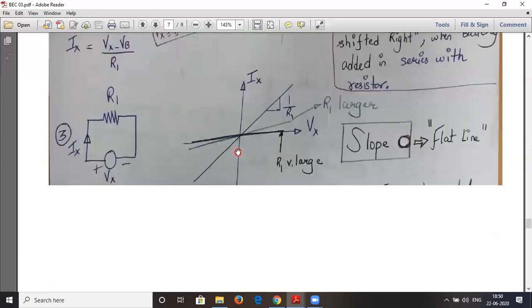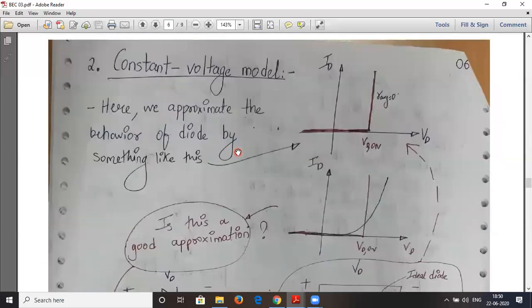Now we'll go to a little bit more accurate model, which is called the constant voltage model. Let me just directly tell you. As you can see, this is the terminal characteristic of a diode, where this is VD and this is ID. What we do is we take the on-state voltage of the diode, which is called VD-ON, and we take an approximate straight line of it. This exponential curve will deviate slightly. What it assumes is once the diode turns on, it will hold that voltage. It will keep that voltage as it is.